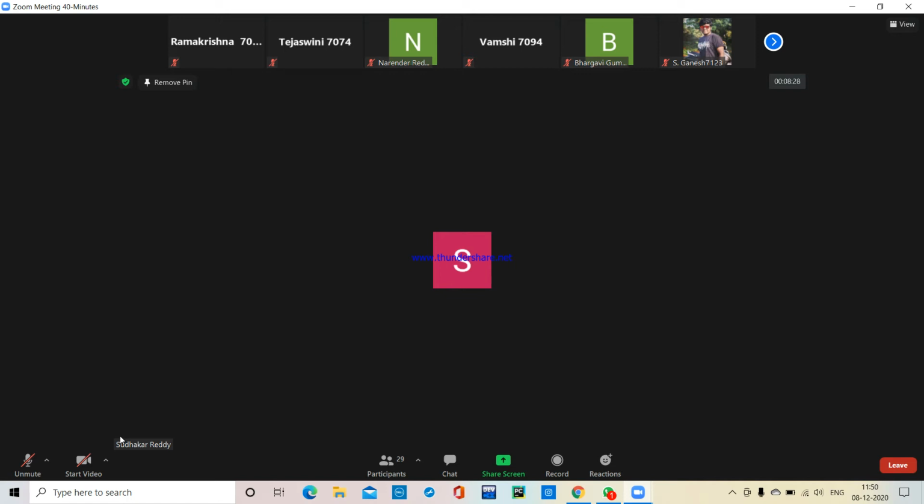Insertion can be done from one end, and deletion can be done from the other end. You need to remember that. The principle followed is first in, first out. That is why this data structure is called a queue.